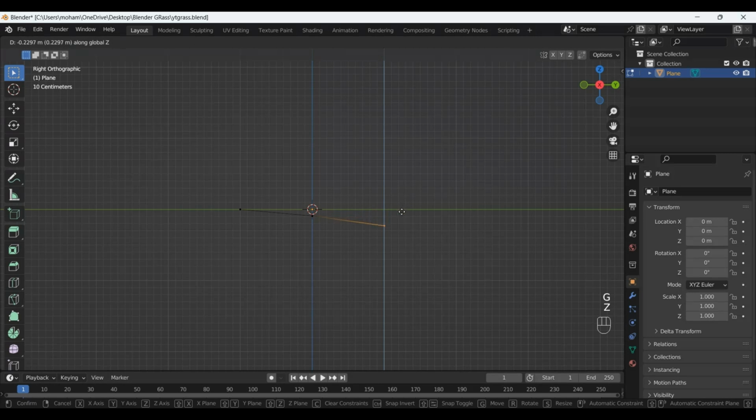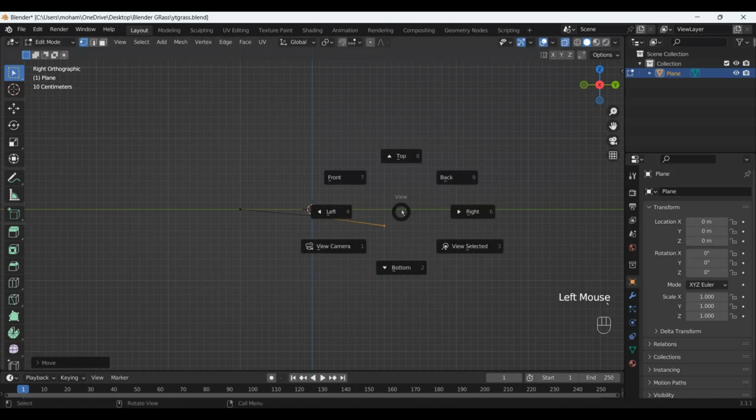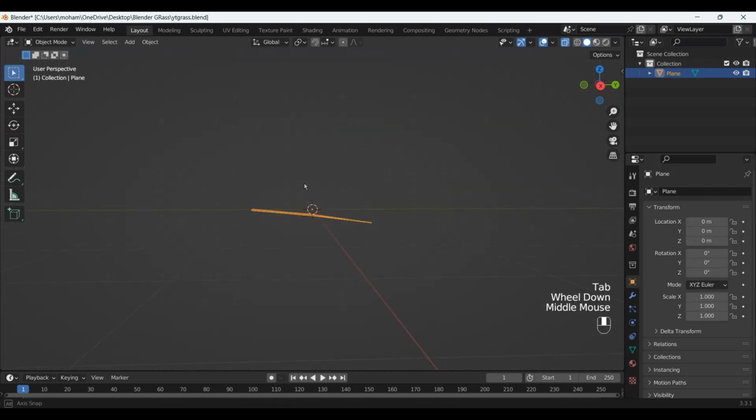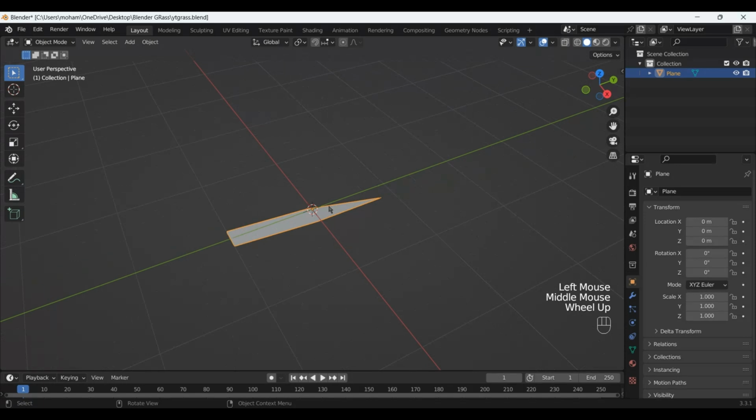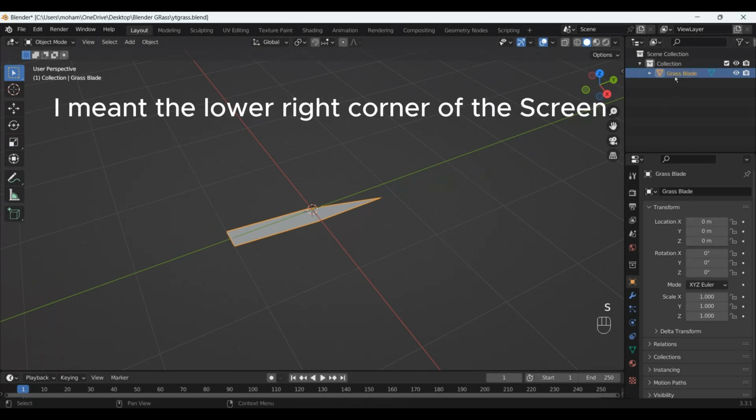Then I'm gonna look from the top, disable X-ray mode, and name the blade just grass blade. I just wanted to note that on the lower right corner of the screen you can see the